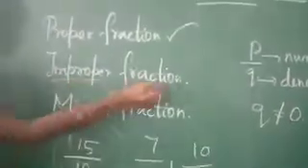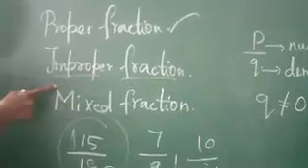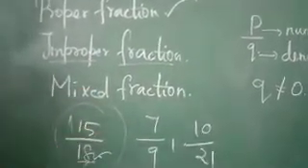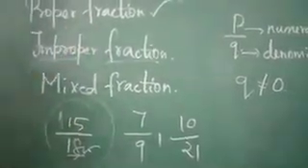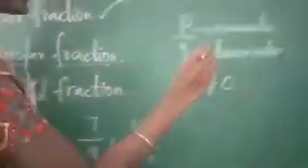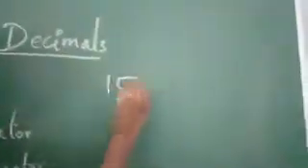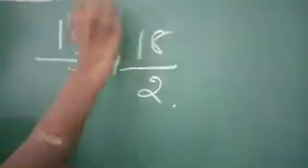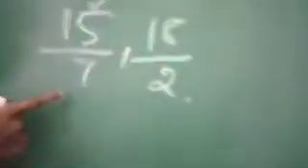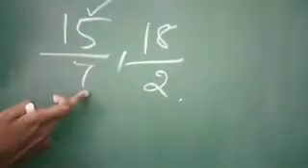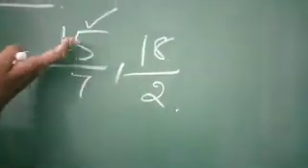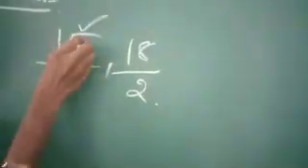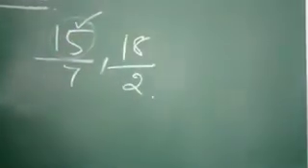Next we come to see an improper fraction. What is meant by improper fractions? It is nearly opposite to proper fractions. Here in improper fraction, the numerators are greater than the denominator. See here 15 by 7. Which one is the greater, the numerator part or the denominator part? The numerator part is greater than the denominator.